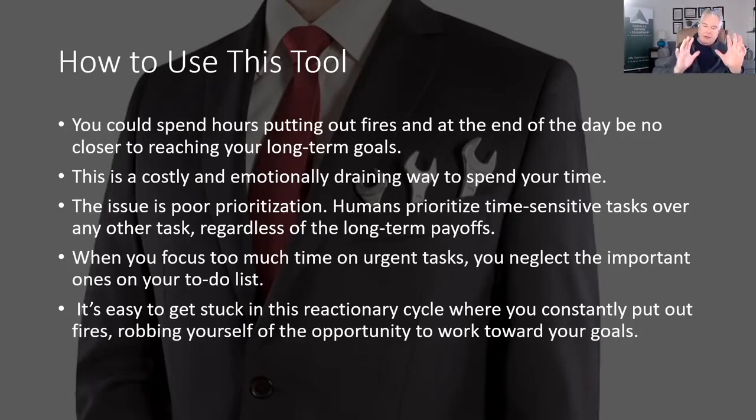So let's talk about how to use the Eisenhower Quadrant. First of all, once you start organizing your thoughts, this is all about prioritization and getting the mindset around what's important, what's not important, what's urgent, what's not urgent. It's about rewiring ourselves a little: does this really have to be done right now, or can it wait? Does this really need to be done by me, or can I give it to somebody else? When am I going to get this done? When do I need to schedule it? It's moving beyond putting out fires during the course of our days and our weeks.